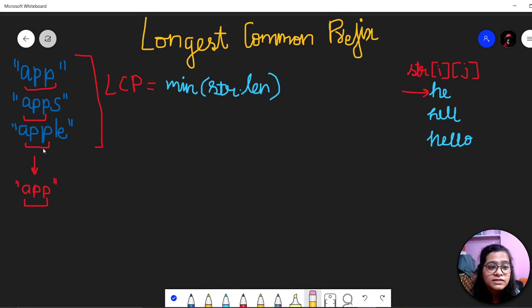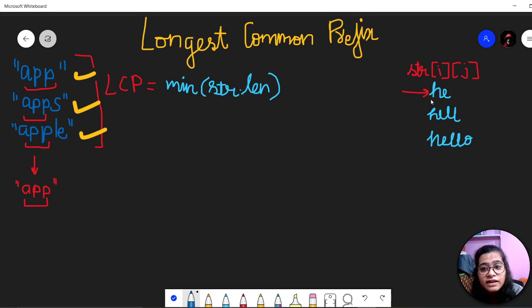So I have taken this example array of strings in which three strings are present: app, apps and apple. So the longest common prefix is app because app is common in all the strings. And the logic behind this question is we have to find the minimum length string, because the minimum length string will be common in all the strings.